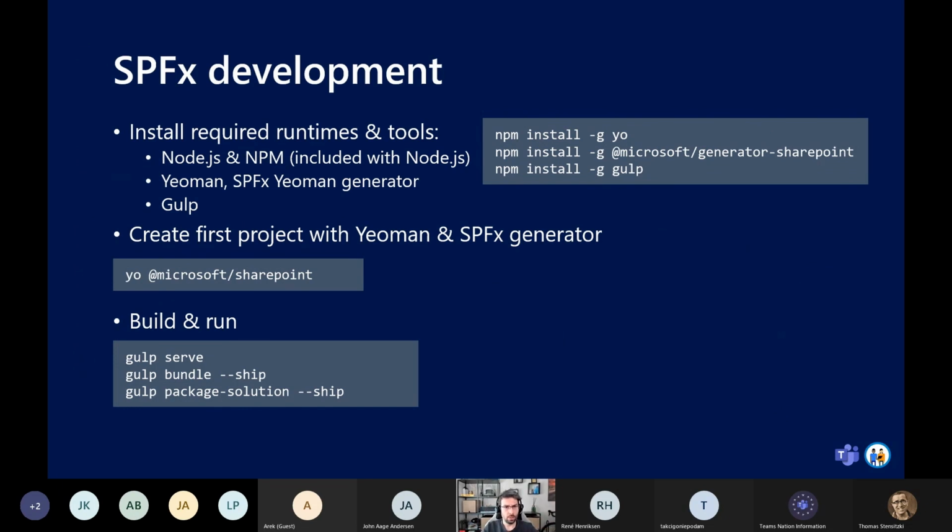When you start to develop for SharePoint Framework, you need to remember some commands. The first part is just to install the required runtimes and tools. You need to install Node.js, npm, and then globally Yeoman, the Yeoman generator for SharePoint, whose name is @microsoft/generator-sharepoint, and then of course gulp. When you have set up your environment,